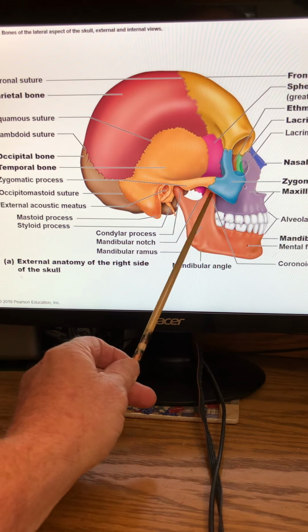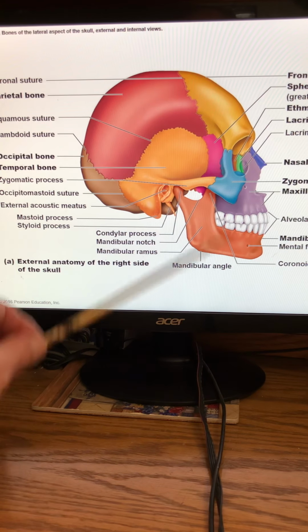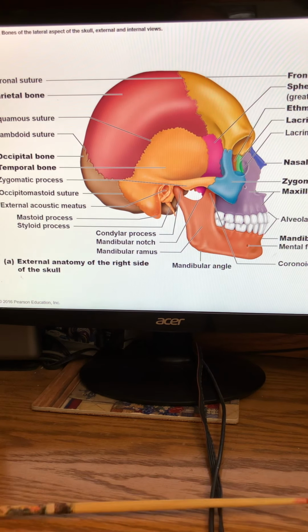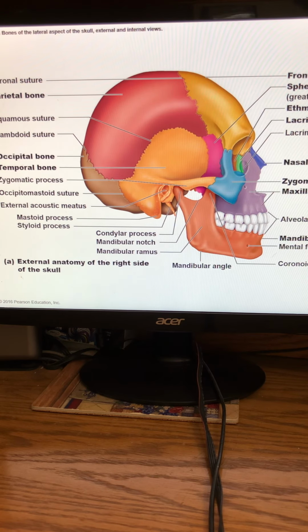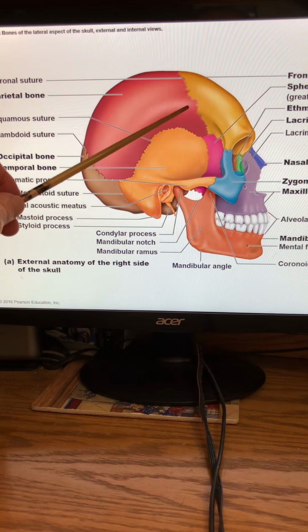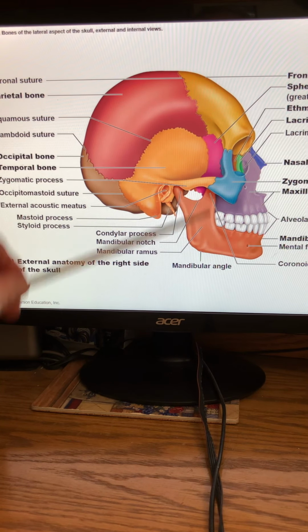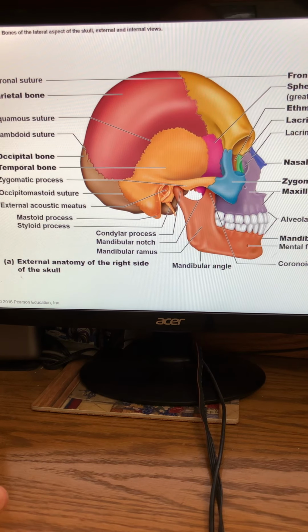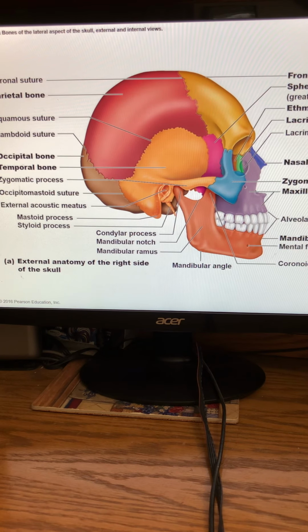By making it here, what we're going to do is create an arch. So there is a zygomatic arch that is actually medial to that zygomatic process. And so remember, this is three-dimensional. There'd be a bone or a muscle up here called the temporalis that will attach to this coronoid process of your mandible, and when it contracts, allow you to bring your lower teeth up to your upper teeth. So the zygomatic process is the process going towards your cheekbone. The zygomatic arch is the whole thing there,